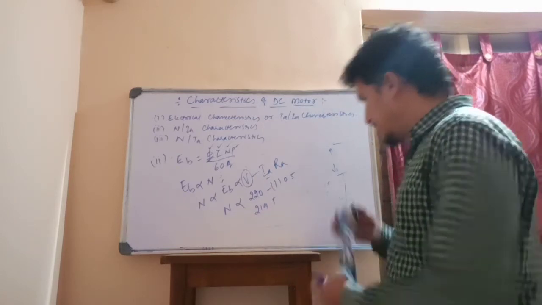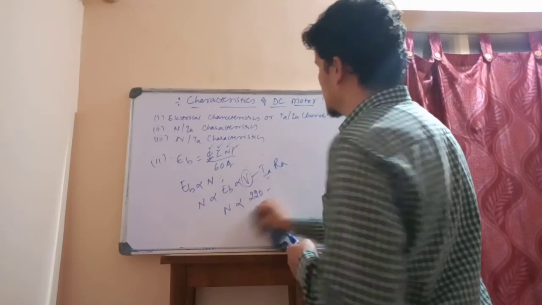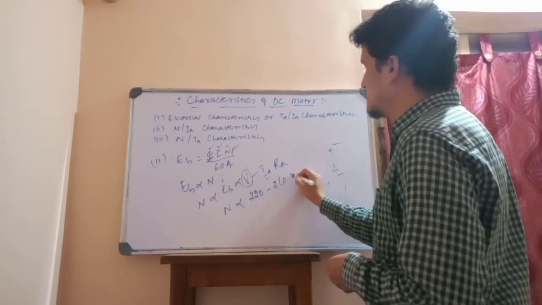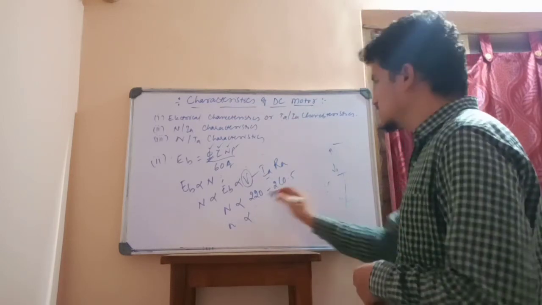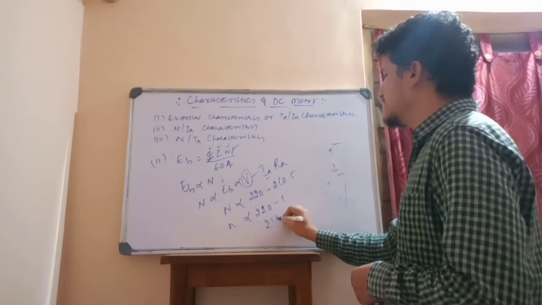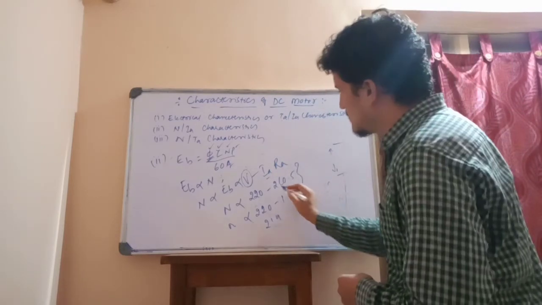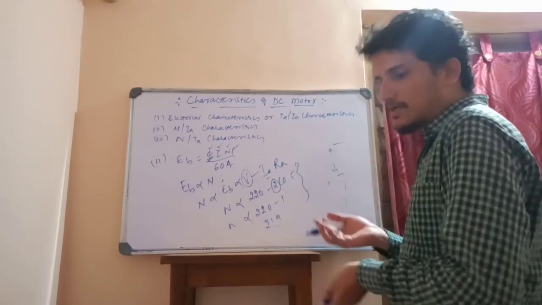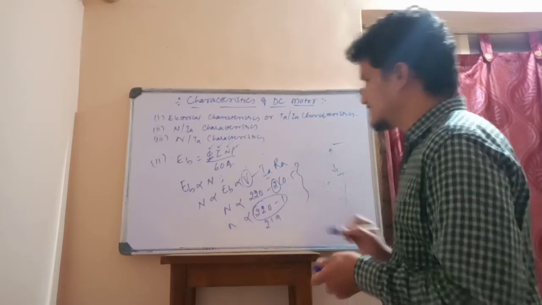If the current is doubled, 2 into 0.5, how much? 220 minus 1, 219. See, now by this exercise you can understand, even if you double the current, double the load,